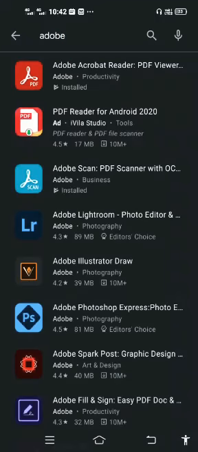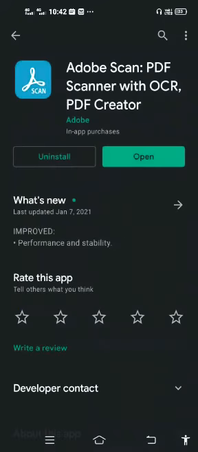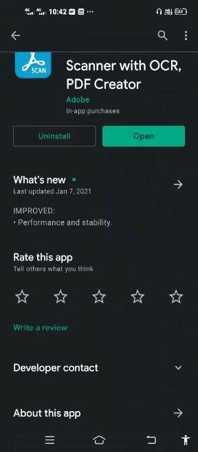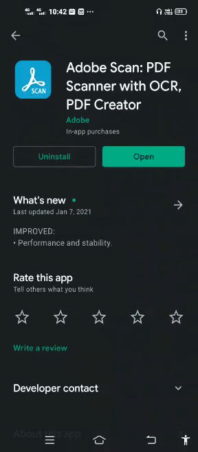When you search after writing Adobe, this Adobe Scan, the third app which is displaying in the sky blue color, will be there. You need to install it. In my smartphone it is already installed, so I need to open it, but you have to first download it.